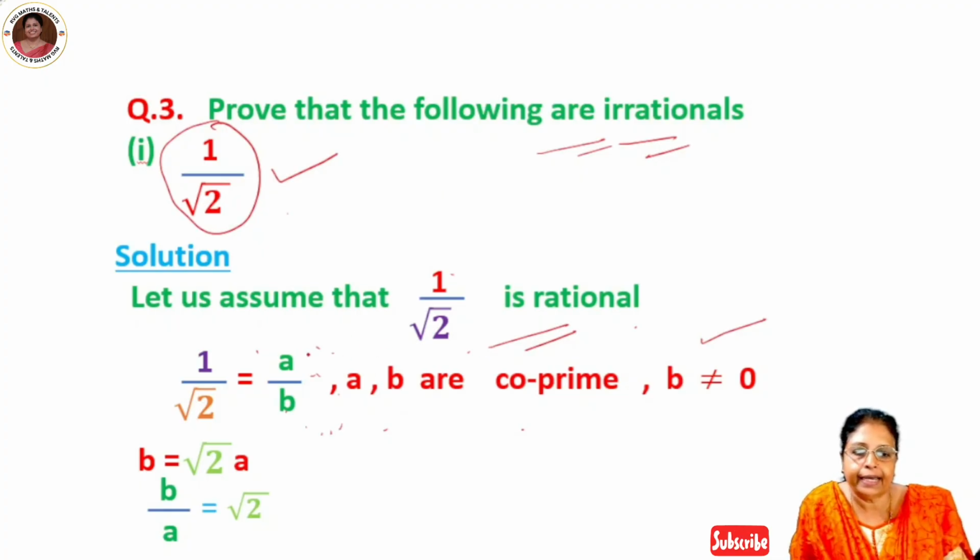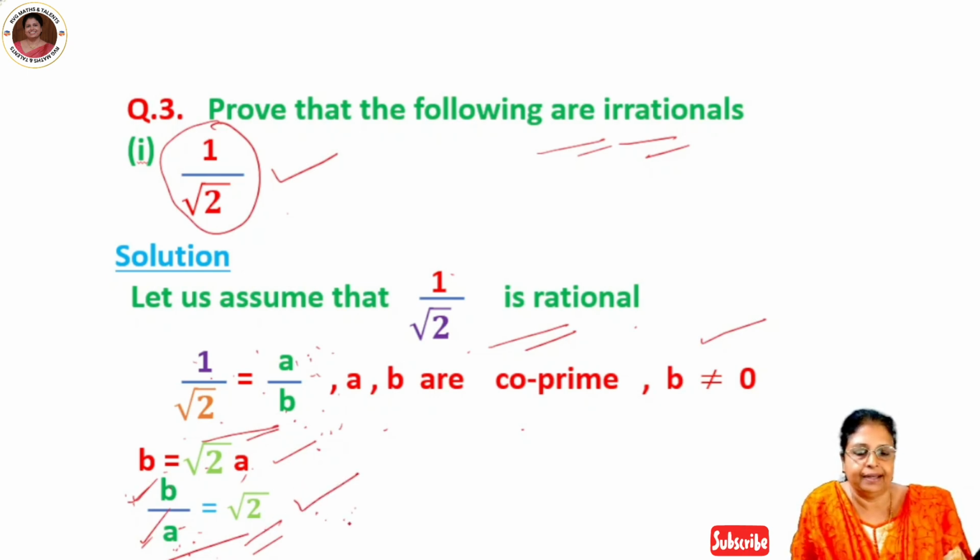And one more thing, this a cannot be equal to 0, because if it is 0, a upon b will be equal to 0. But here it is equal to 1 upon root 2. Then cross multiplying, you can write b equal to root 2 a. Then take this a to this side. Then we are getting b upon a equal to root 2. And we know b and a are non-zero integers. Then b upon a is a rational number. But that is equal to root 2, so it is a contradiction, because already we know that root